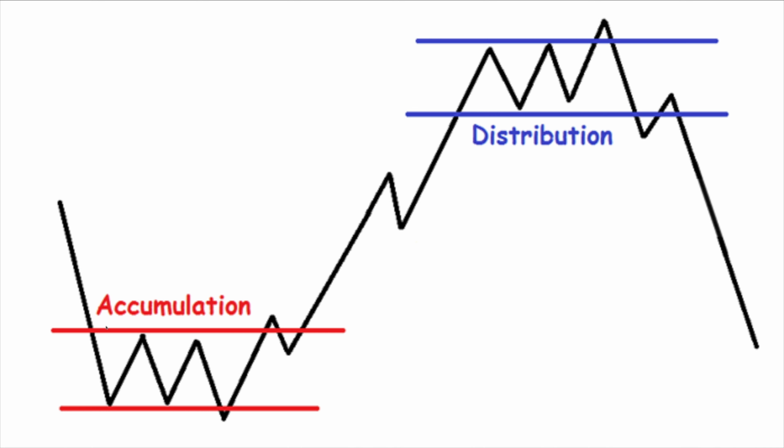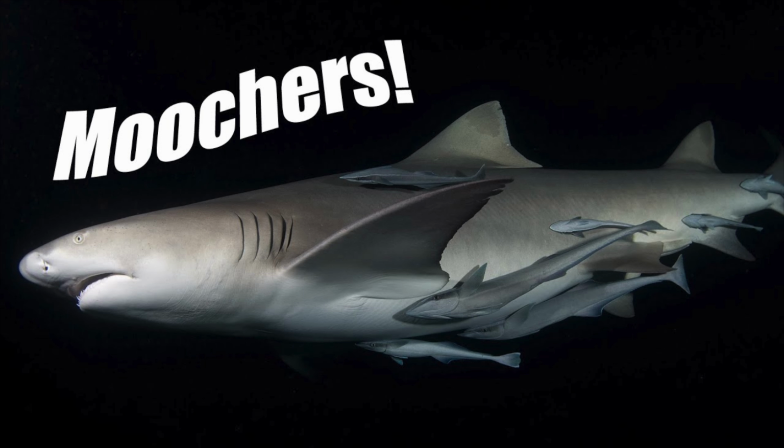So think of yourself as the little fish, right? And think of these hedge funds as sharks, right? You've seen on oceanography documentaries how the little fish swim alongside the shark, because the little fish knows that it cannot hunt and kill the same types of prey that the shark has. So what happens when the shark eats his prey?